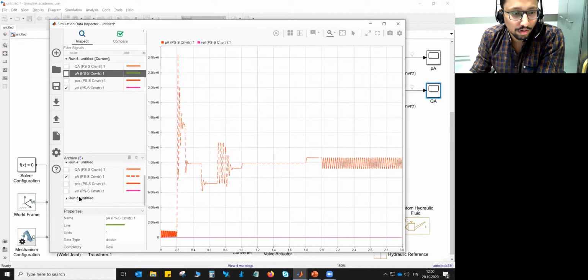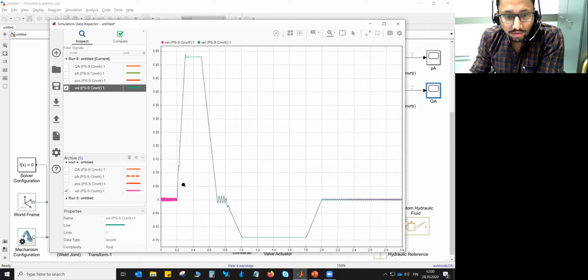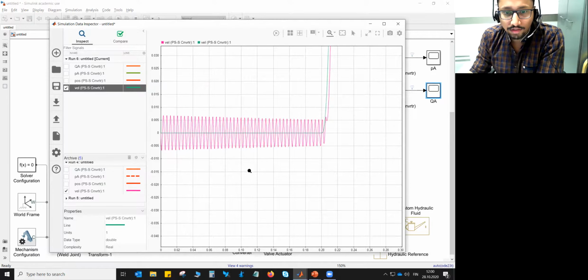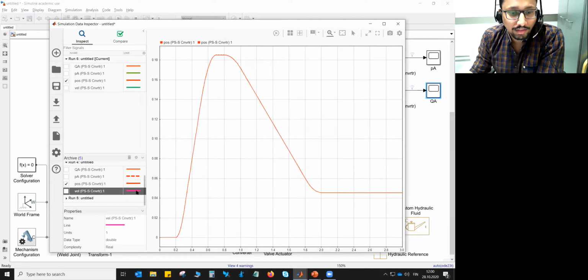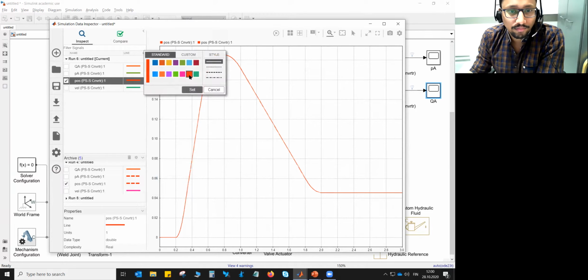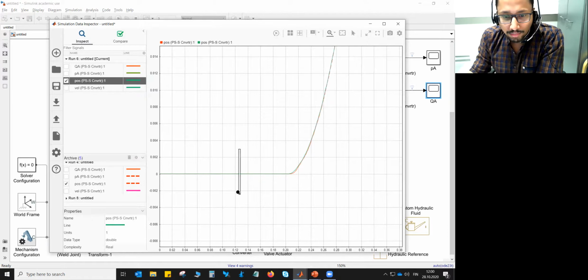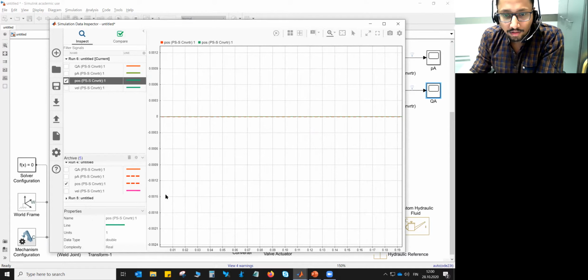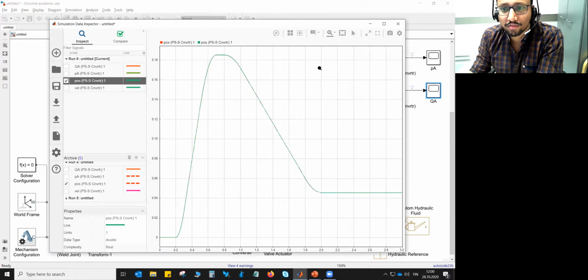Similarly, for the velocity plot, if you see, these colors are so weird. Similarly, for the velocity, initially you can see where the oscillation disappeared, right? Whereas for the positions, no significant difference can be seen. It's almost the same. I'm just changing the color. It's almost the same. In the initial part, there might be some oscillation, a very small difference. So no difference there.